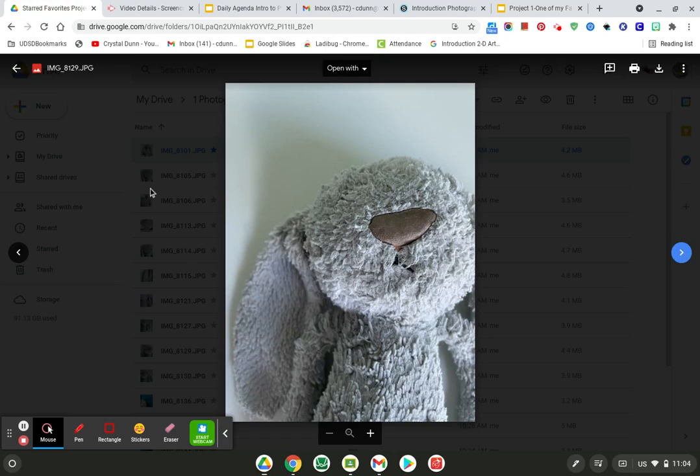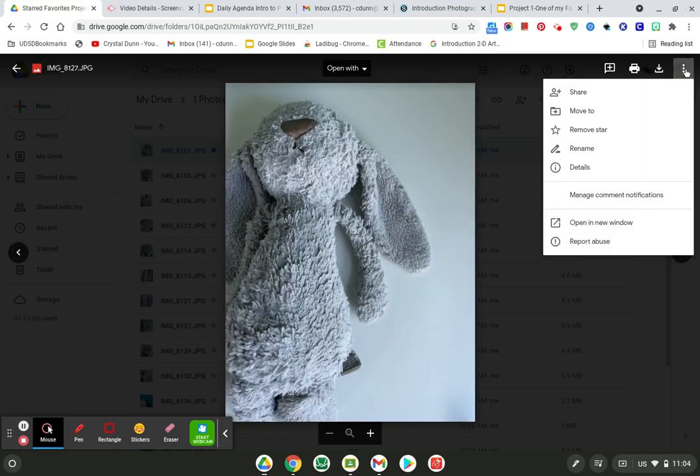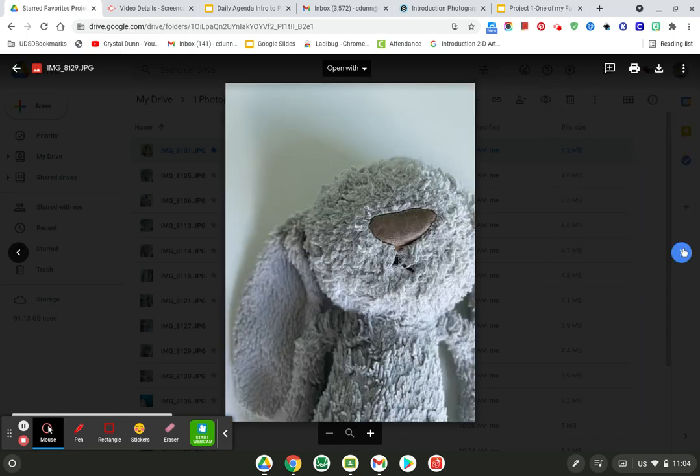So I'm going to go through and pick a couple. Like this one, not so much. So maybe this one I would click on this and click on Remove Star. If that's easier too, that's another way to do it. You can click on the 3 dots, click on Remove Star. So it's like, it's one of your favorites, but now that I'm looking at it, I really like this one. So